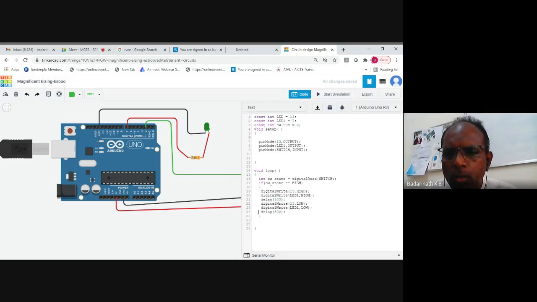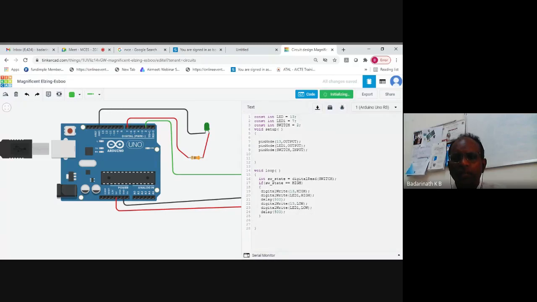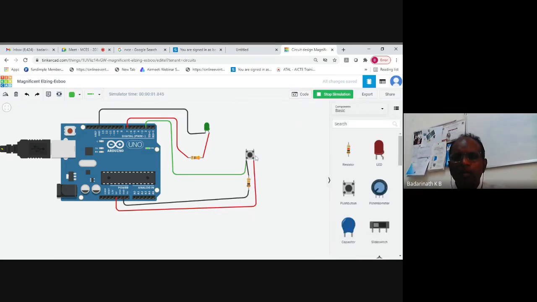Now look at this code. I have read the switch status and placed it in the switch state value, then used that value. If it's high, you have to do this job. You can also build an else if, depending upon the logic you require. Now I will execute the code here. If any errors are there, it will show you. Now I'll press the switch here.